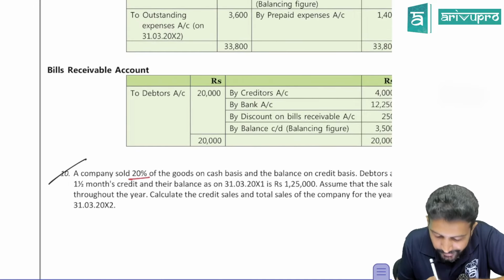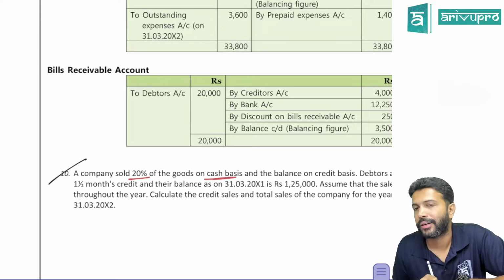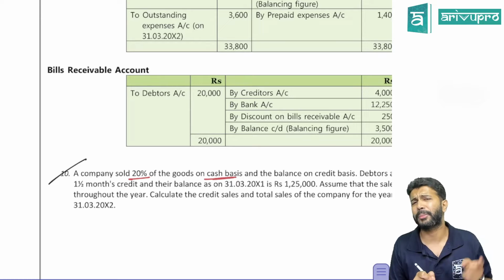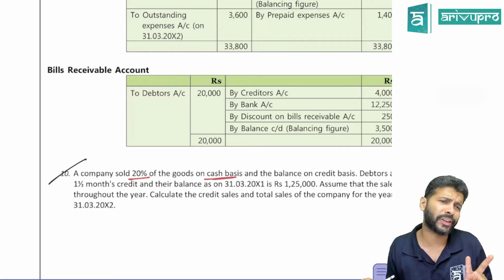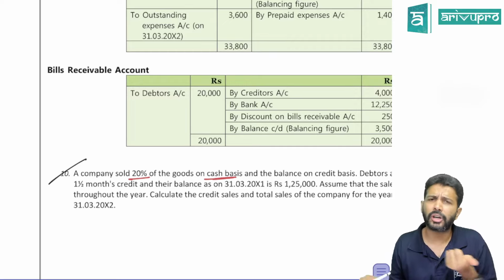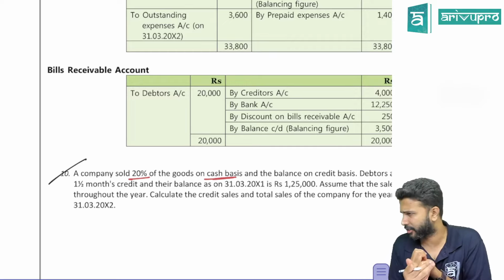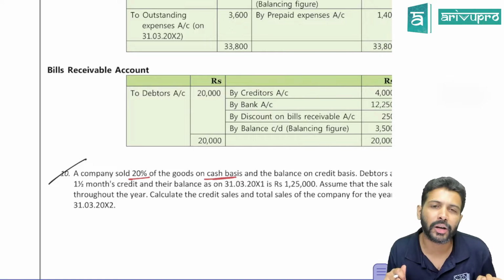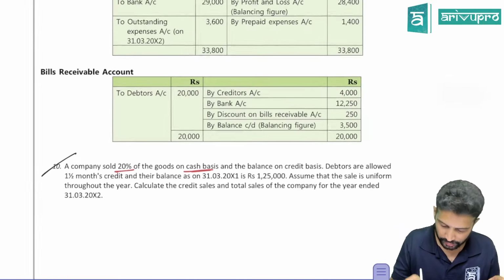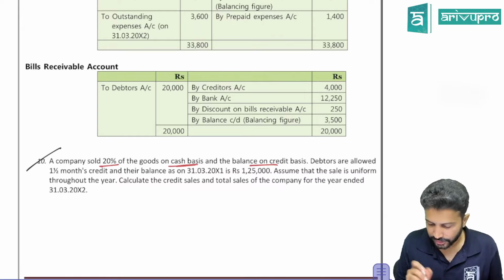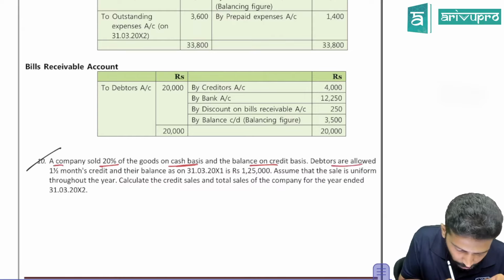Company sold 20% of the goods on cash basis. So that means company is selling only on one basis, or there are two bases here? 20% of sales are on cash basis, means remaining 80% will be on credit basis. Okay. And the balance on credit basis. Great. Debtors are allowed